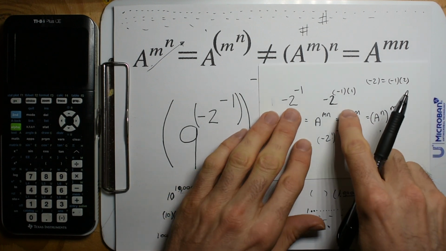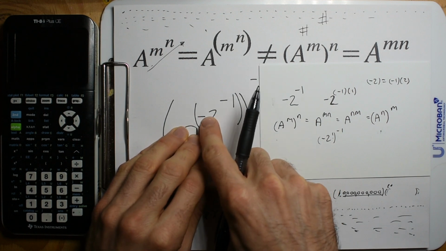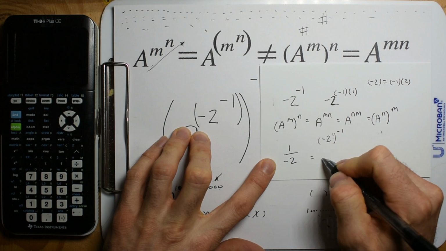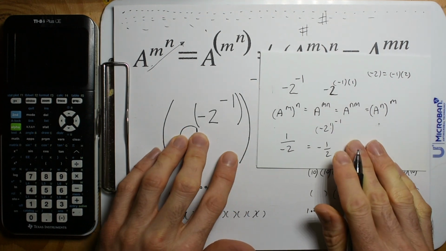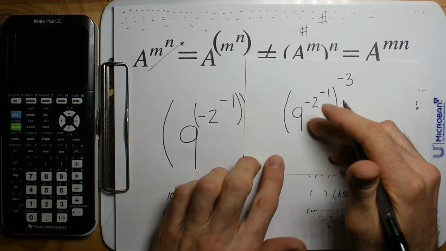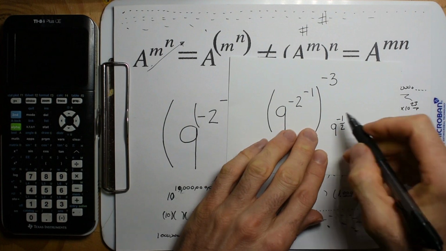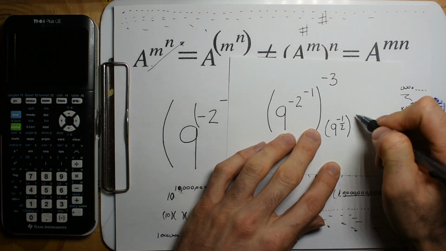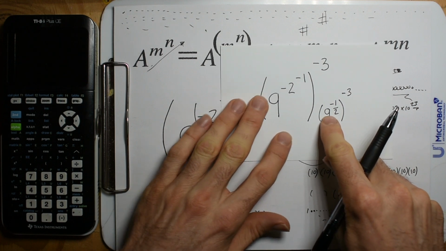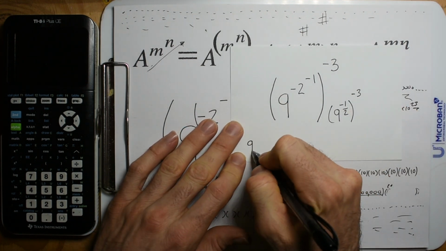Okay, so this -1 is just going to take this number and put it as 1 divided by -2, which is going to be -1/2. So now we're going to have 9 to the -1/2. Cool. And then -3. Alright, so what this says, there's a few things going on here, so we can even break this up. This is going to be 9